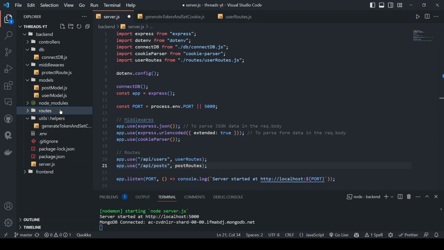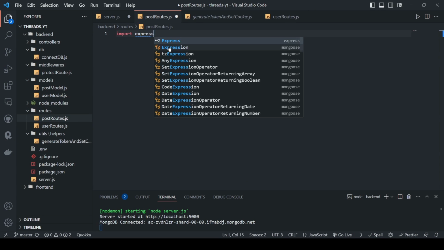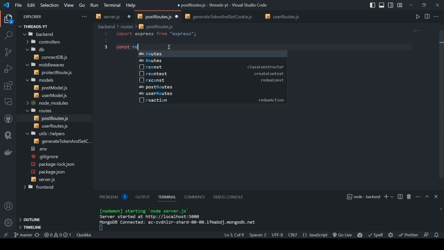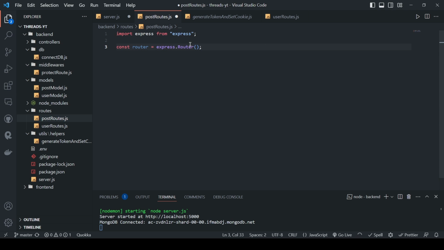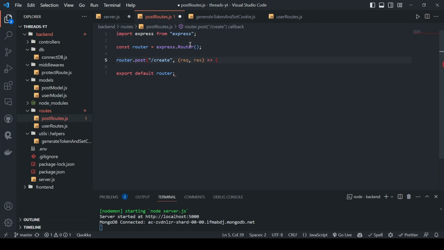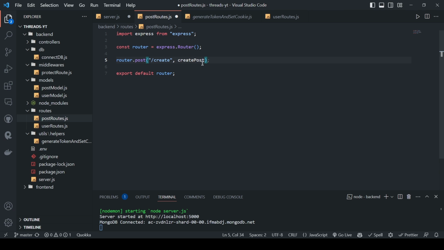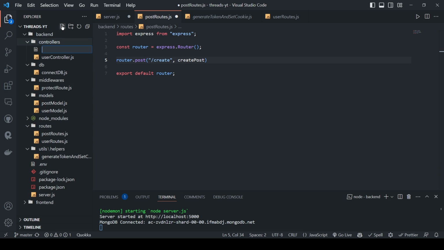So for this, I'll just go inside the routes folder and create post routes.js. And then here we'll just import the express, and then we'll say const router is going to be express.router, and then we'll just export default this, and then we'll have our routes. So router dot, let's just first create post. So I'll just say router.post / create, and then we're gonna pass our function, so let's say like create post. And then this is going to be coming from our controller. It's going to be the post